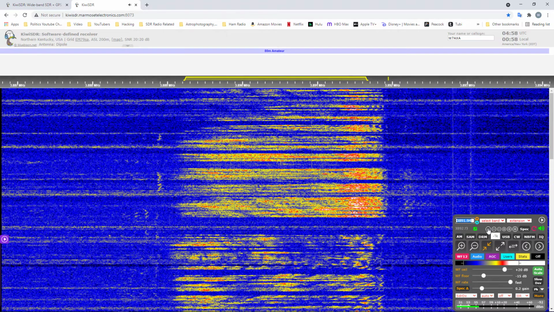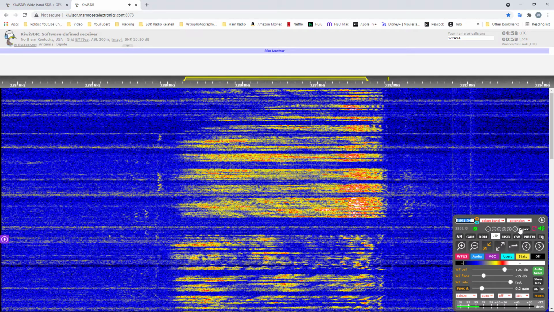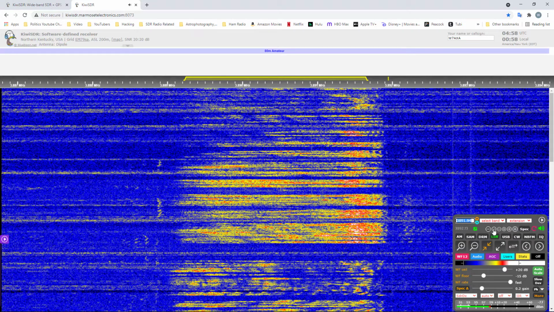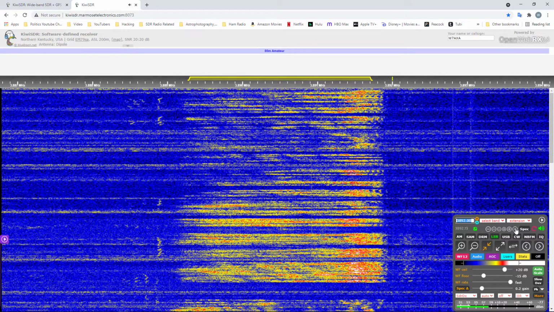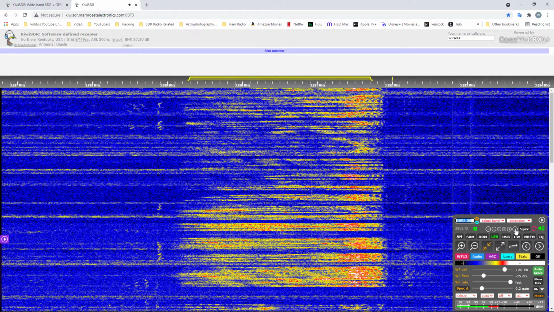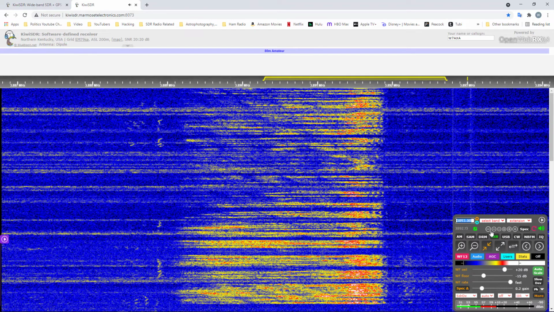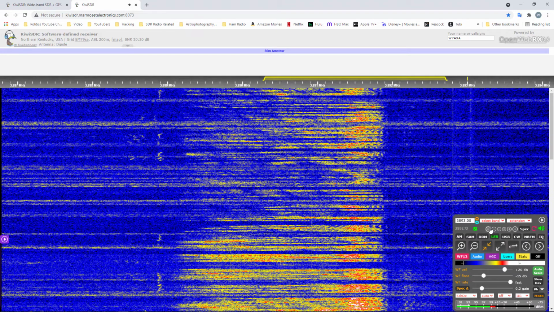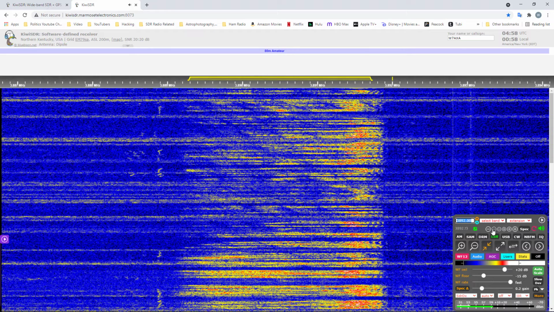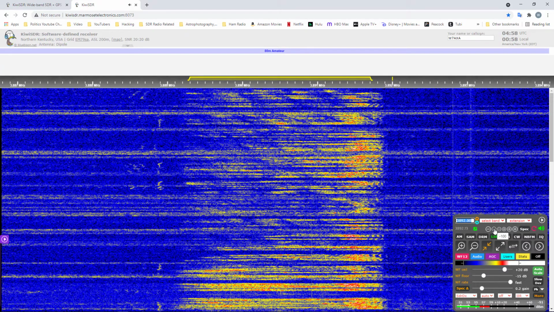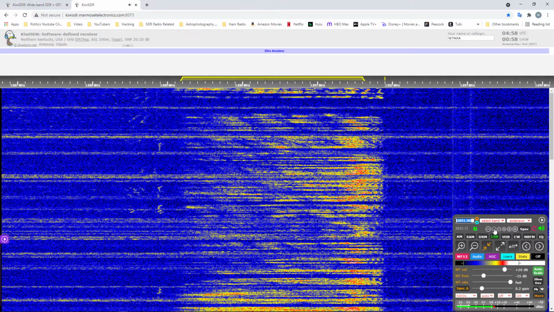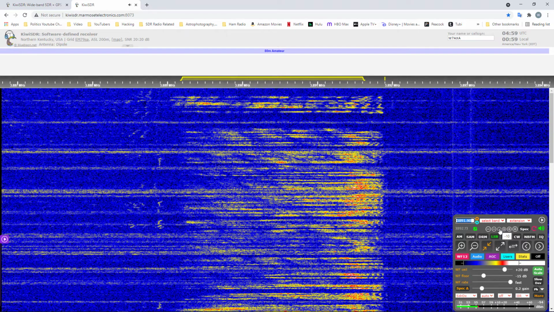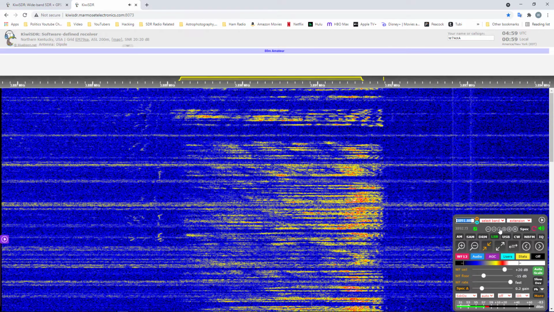So sorry about not getting that right, but that's how it is. So if you want to fine tune 1 kilohertz, just click it and you can see it moving. You want to go minus, click it again. You want to go 10 hertz, click that. You want to go 1 hertz, you can do that.